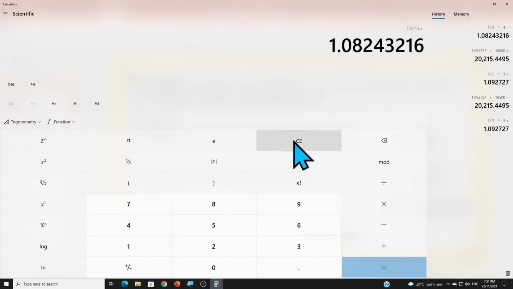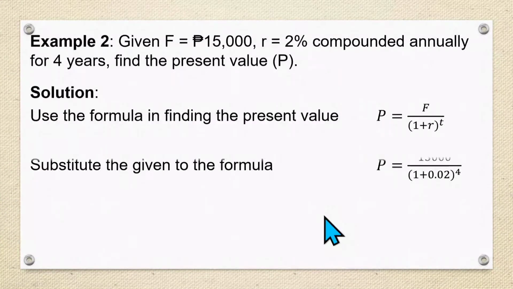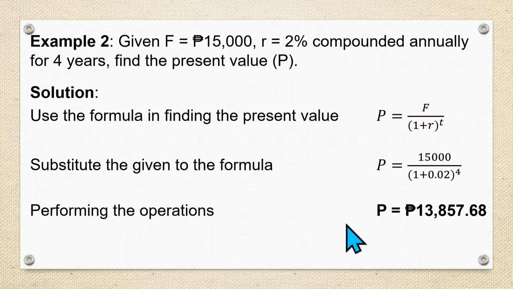And then the future value, we're going to divide 15,000 by the product of 1.02 raised to 4. And we will have an answer of